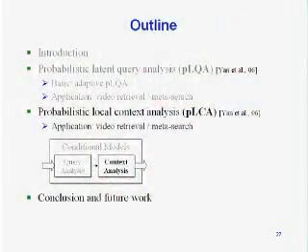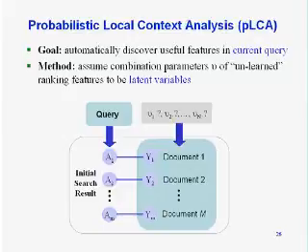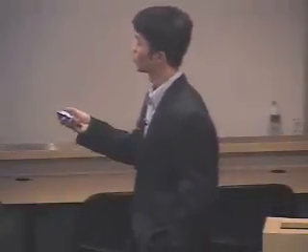So can we improve this and do a better job here? The answer is yes, of course. And that's why we propose a new combination model called the probabilistic local context analysis. So the basic idea is quite simple. We're just assuming the combination parameters of those unlearned ranking features to be latent variables in